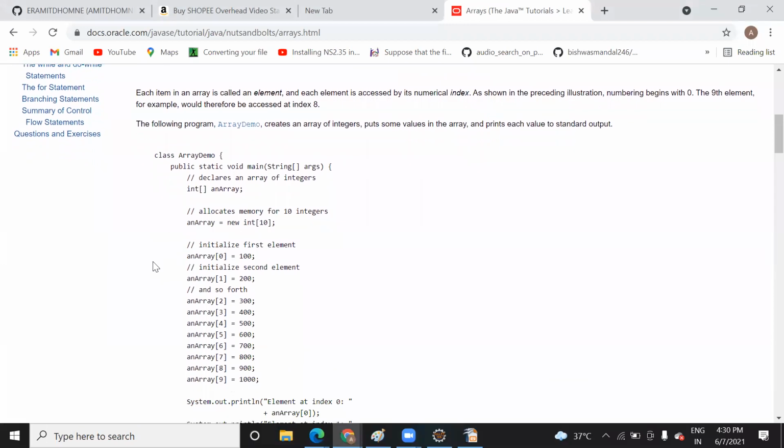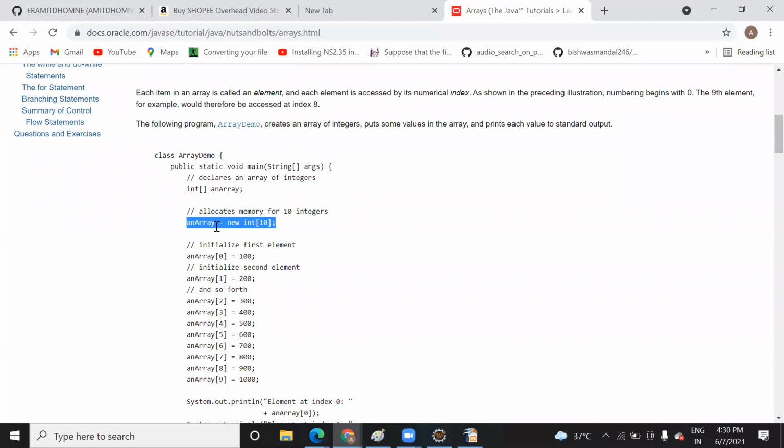And here you can see in this program we have created a class. Inside this class we have created a variable, and as I said, if you declare an array like this, you will only declare an array, but you won't allocate memory to those elements. If you want to allocate memory, how are you going to do that? You just need to write like this, right?